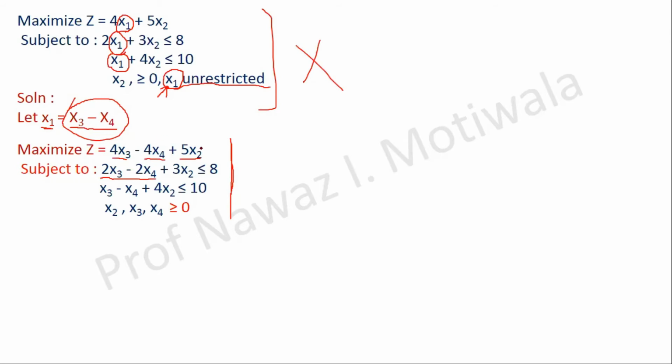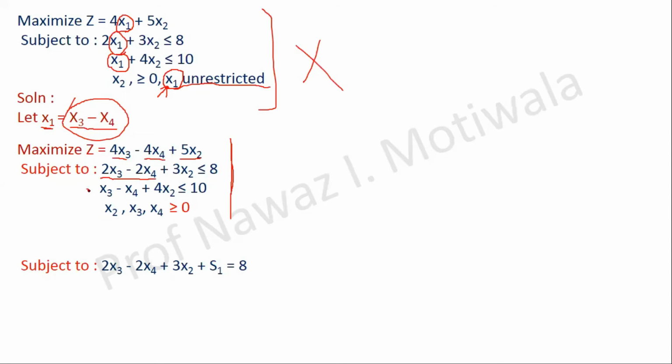Now this becomes our new set of equations in which I have to make the corresponding changes as we did in the earlier cases. So in the first equation, as you can see, there is a less than or equal to sign. I will add a slack variable, that is plus s1, to make it an equal to sign. So I will write here 2x3 minus 2x4 plus 3x2 plus s1 is equal to 8. Just keep in mind that this is now my new question. Forget about the thing which was given to us. We have just converted it to a new set of equations.